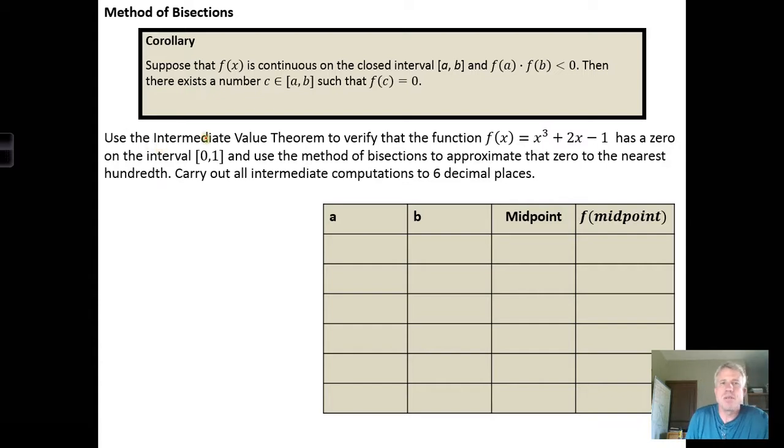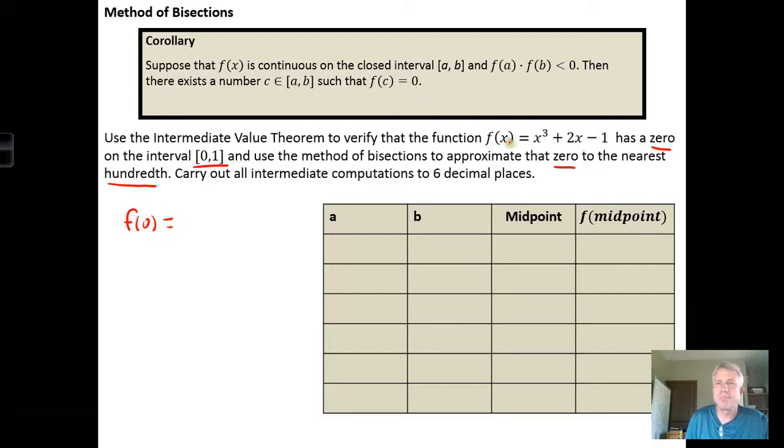So this says, use the intermediate value theorem to verify that the function x cubed plus 2x minus 1 has a 0 on the closed interval from 0 to 1. Then use the method of bisections to approximate it to the nearest hundredth, and carry out all intermediate computations 6 decimal places. So the first piece is to verify that we have a 0, and that's simply a matter of